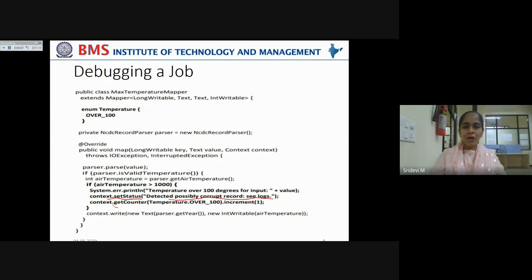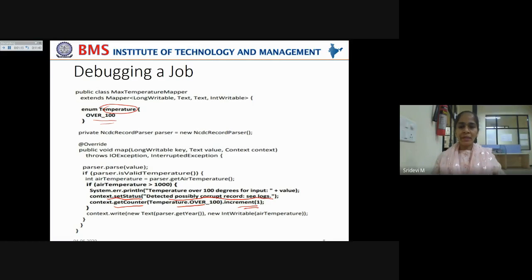Now context.getCounter: because an erroneous record is encountered, increment the counter. For that you are using context.getCounter with the enum name Temperature, and the variable OVER_100. This value is 0 initially, and now it is incremented by 1.